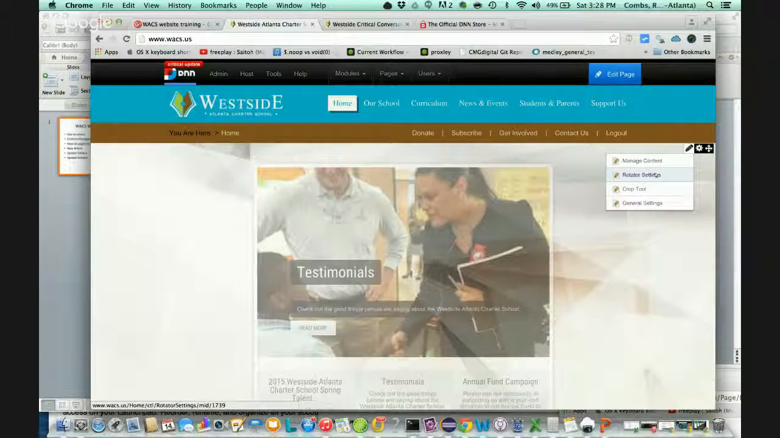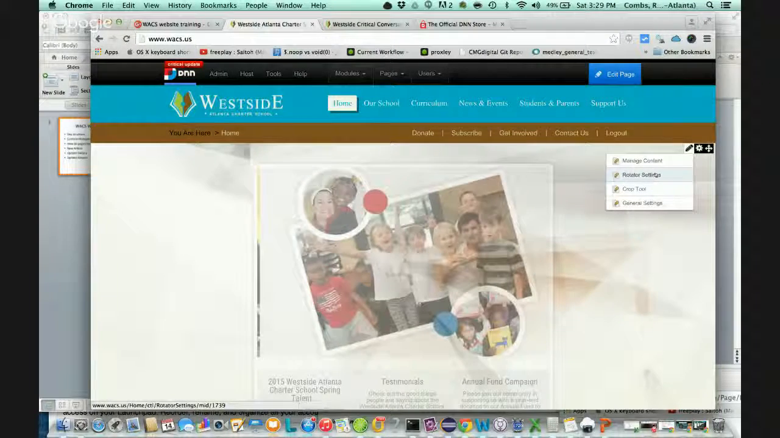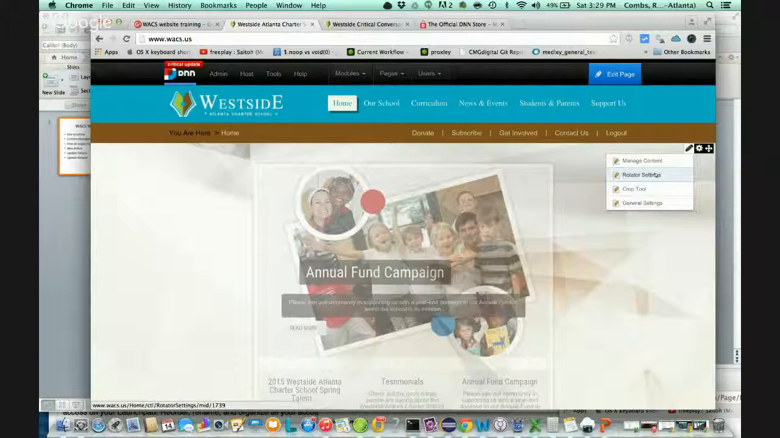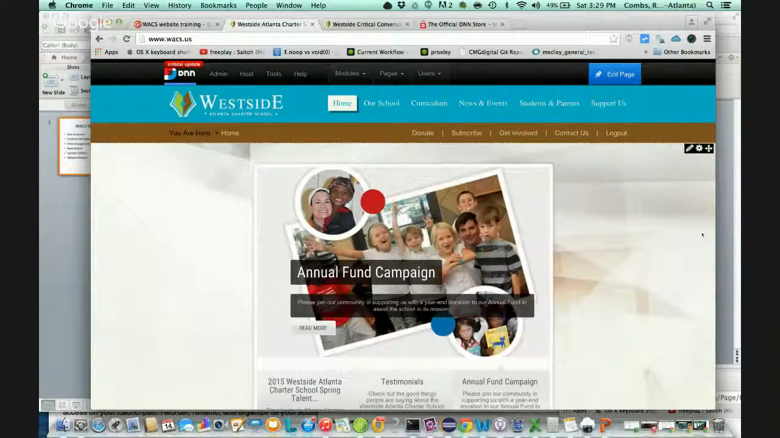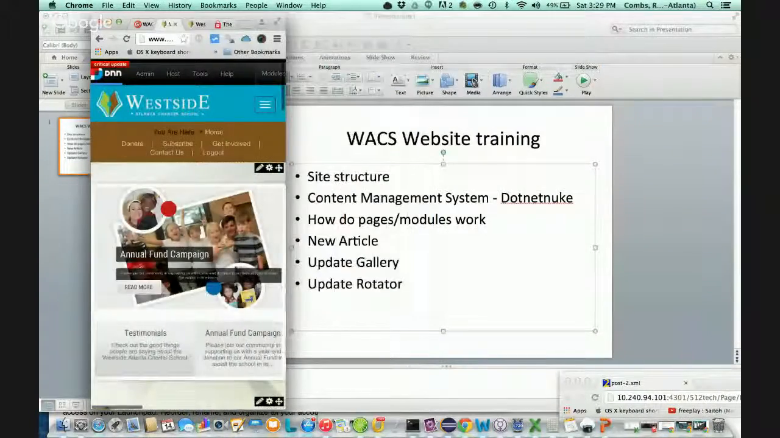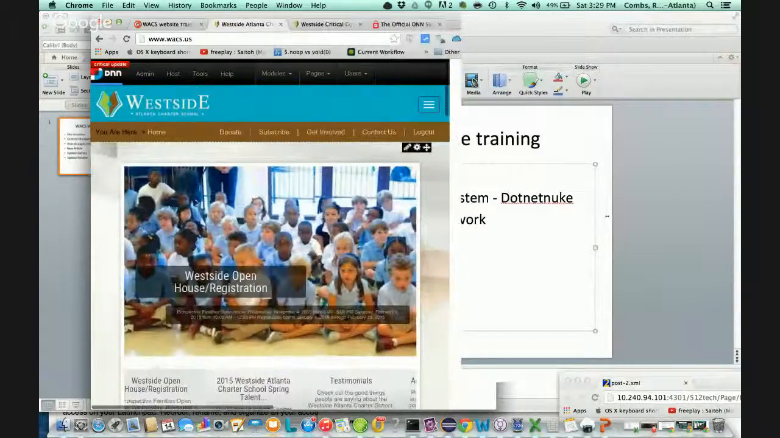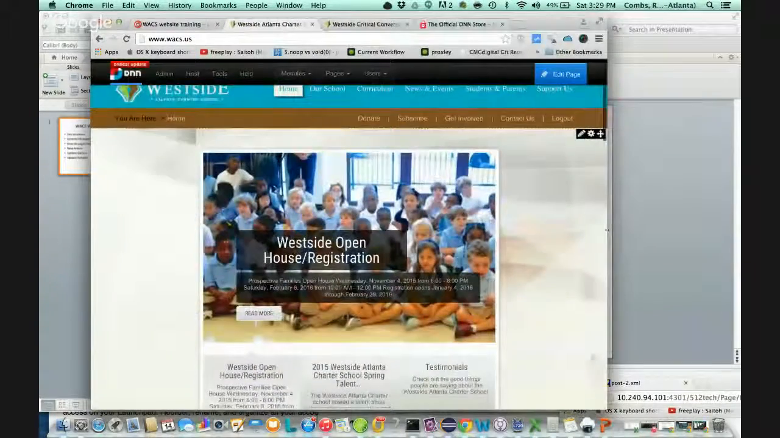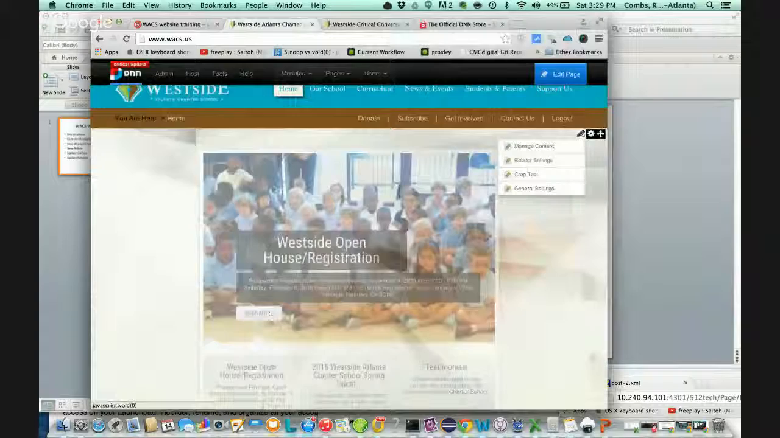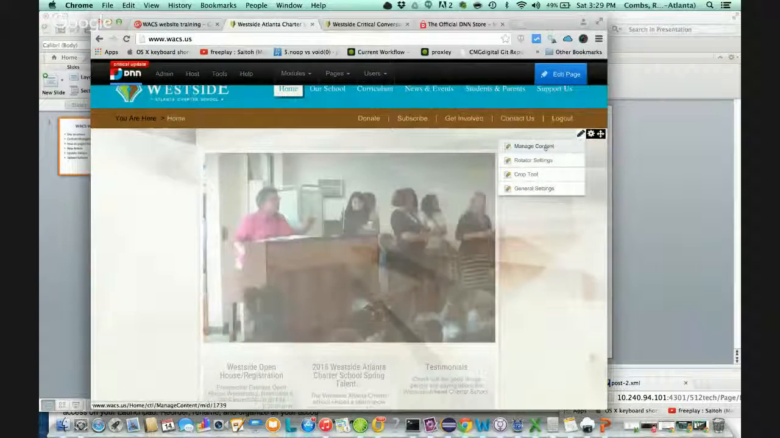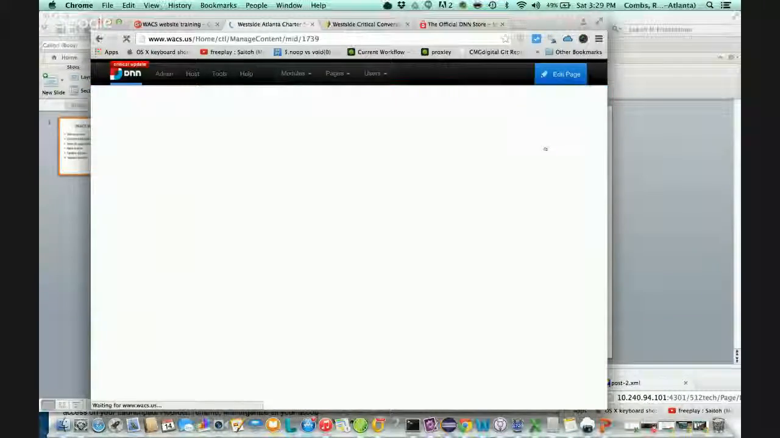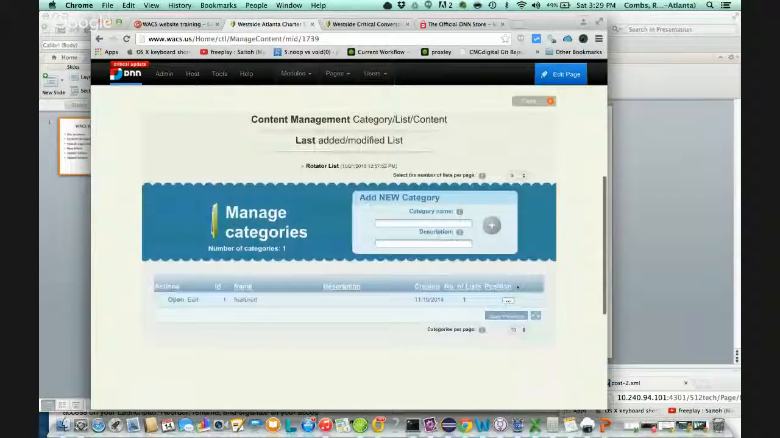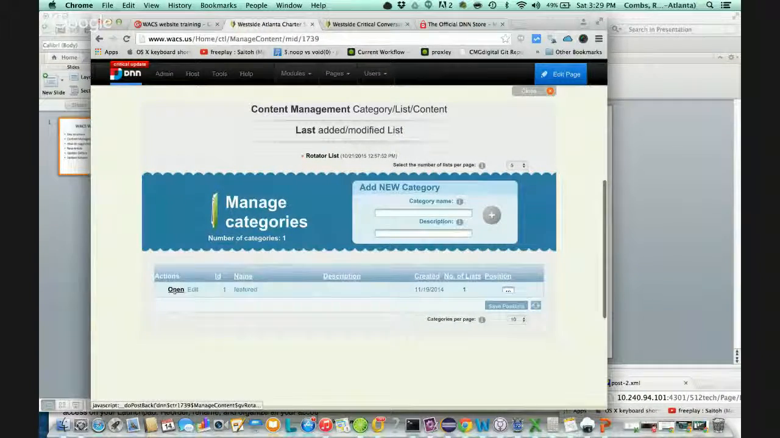So I've played around with a lot of different settings to find the right layout, the rotator that's responsive. So you can see how it kind of responds on a mobile device. It kind of shrinks. So it looks good on any device you pull it up on. But you want to go to the pencil sign. Nothing new here. Manage content. And again, a very simple interface. You choose the category, which is featured,